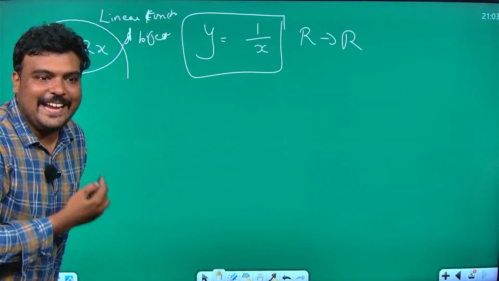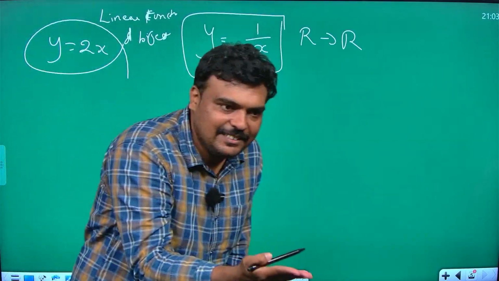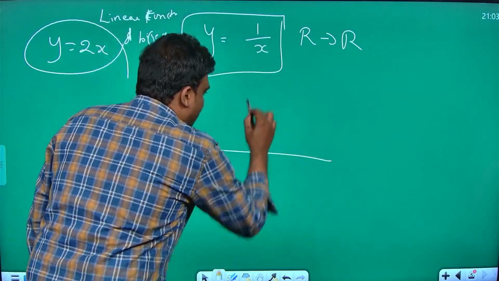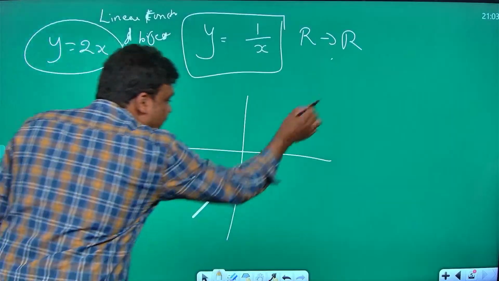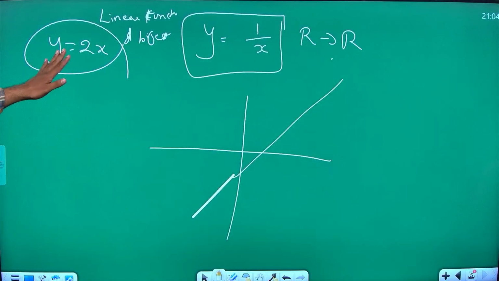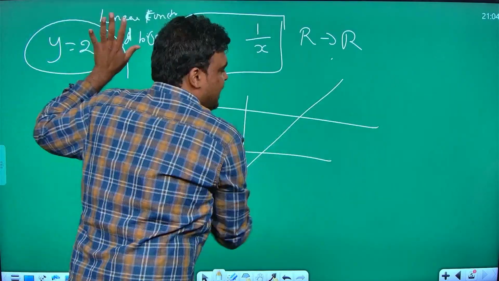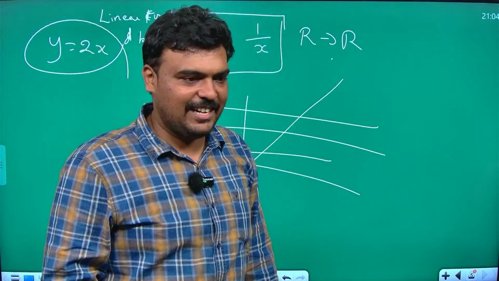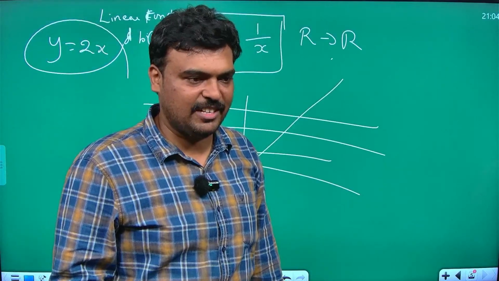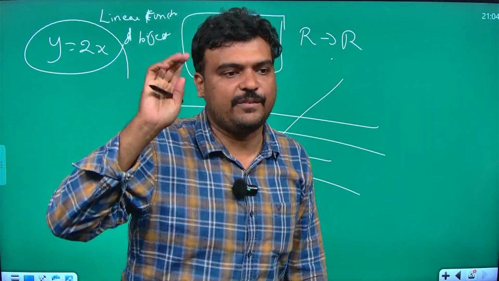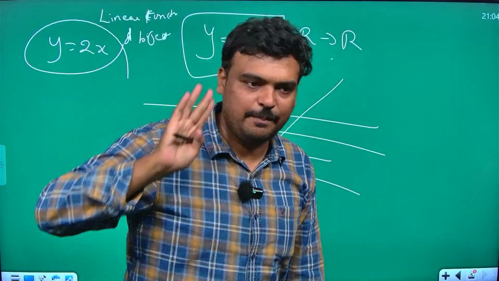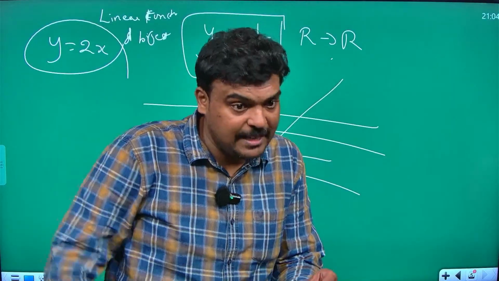What is the meaning of linear function? It's a straight line. In my graph I will get a straight line if I have a linear function. In the horizontal line test it's a single straight line, so how can we get two values? Understood what I'm saying? So if you see any linear function, don't sit and check. Definitely it is a bijective function, that is, both one to one and onto.